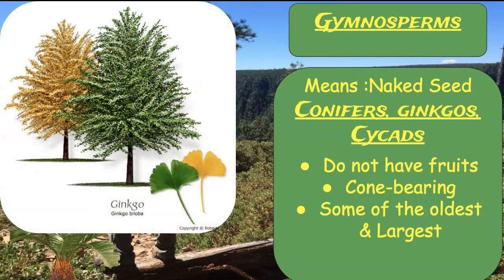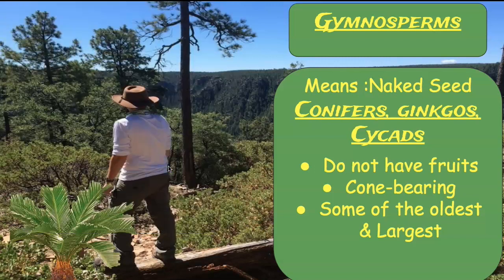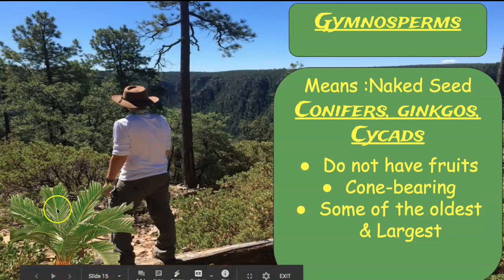And again, it's actually too warm here in Florida for us to be able to see a ginkgo tree live. They like a colder climate, but nonetheless, these are ginkgo trees. Sometimes they're considered one of those living fossils because we can find ginkgo leaves in the fossil record from a long, long time ago. And so they're considered like a living fossil. Another one that we're going to see that's considered like a living fossil, if you notice right here, looks like we got a little palm tree.